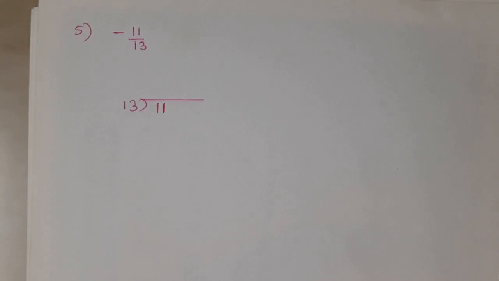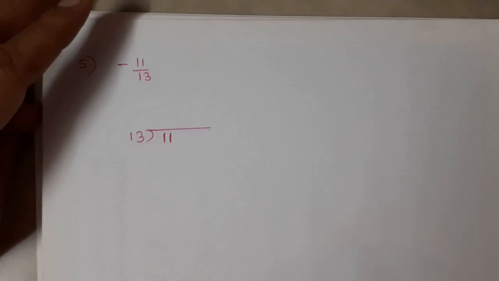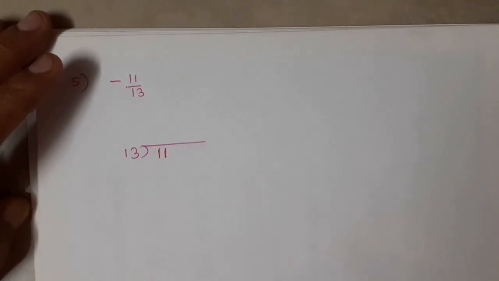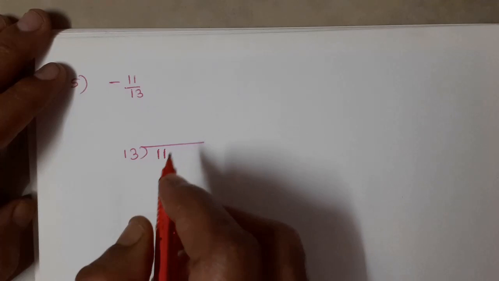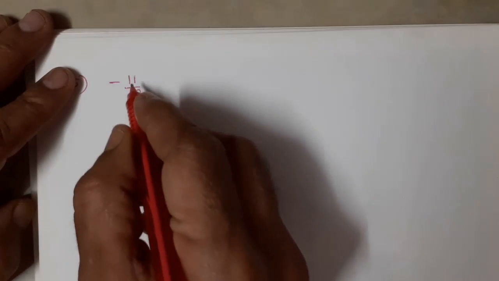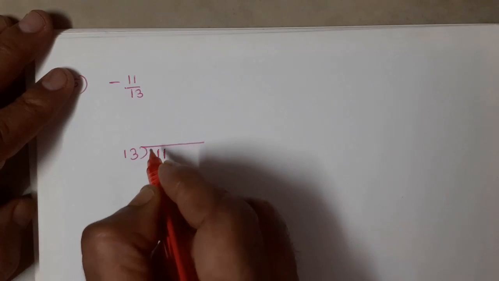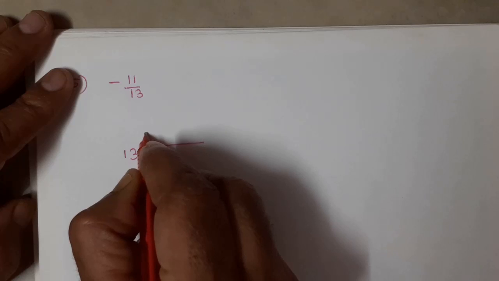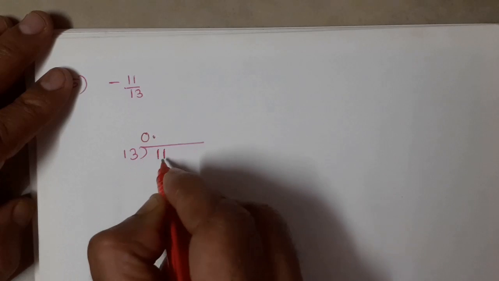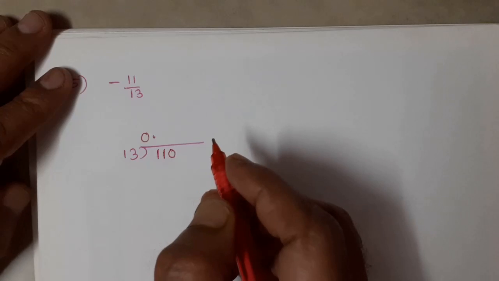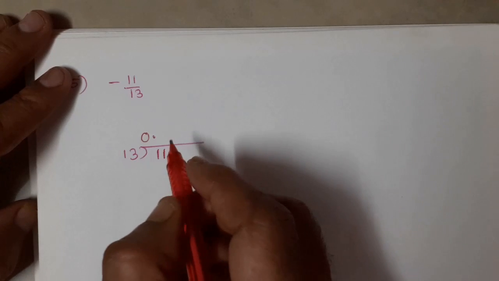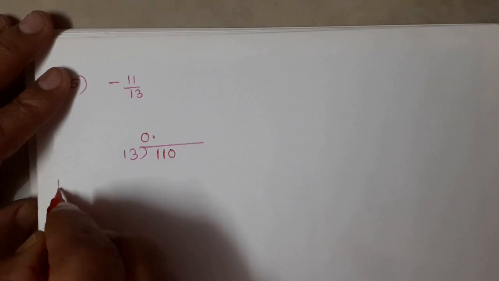and that fifth example also has a negative sign. We will consider that negative sign at last. We are dividing 11 by 13. So is it possible to divide 11 by 13? No, we have to take a decimal point, 0 point. So it will become 110. Okay, so when it becomes 110, I am dividing it by 13, 8s are